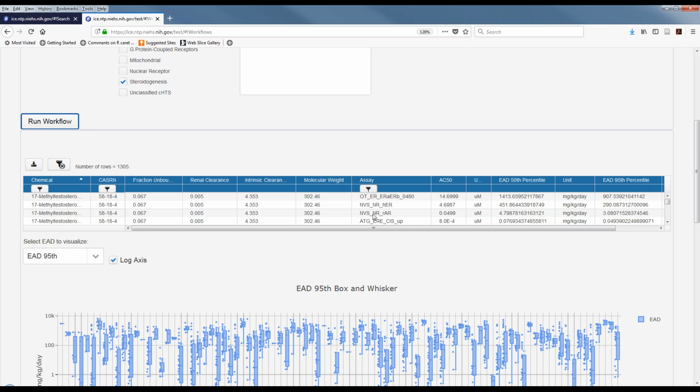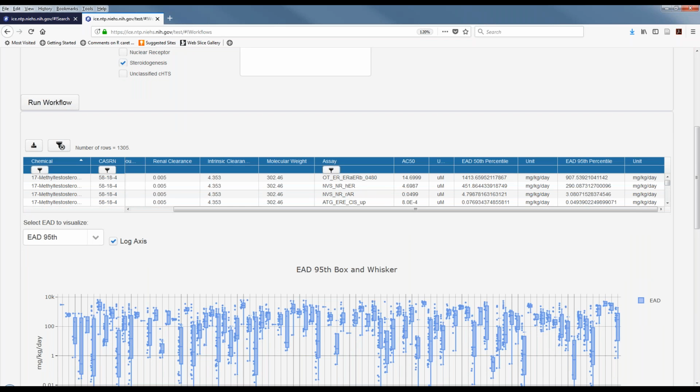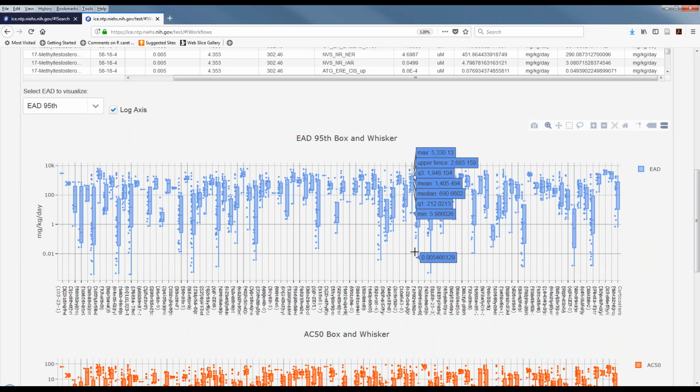You can filter on assays if you're interested in one particular assay, and then we have the EAD at the 50th and 95th percentile. These are estimated based upon Monte Carlo simulations of a population distribution. For your more protective, health protective, cautious limit, you'd want to use the 95th percentile, and that's the default shown here.